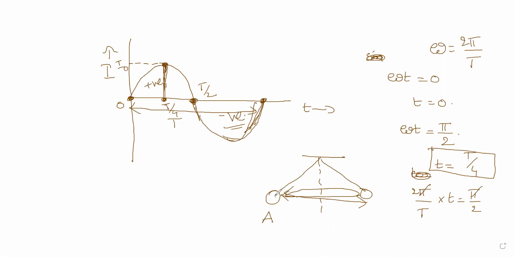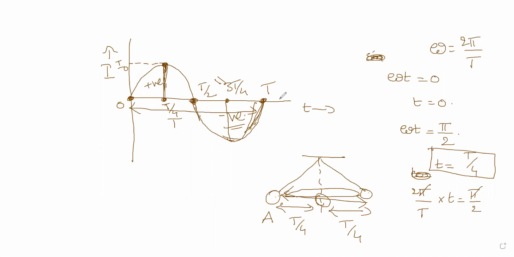That means from this point to this point it has moved T by 2. Got it? And from this point to this point it has moved T by 4. This amount of time is T by 4, and this amount of time is again T by 4. This is how we divide the time period. And now when it is coming back, it is another T by 4. Then downwards you will see 3T by 4, and again another T by 4 will add up, which will form T for us. Clear?